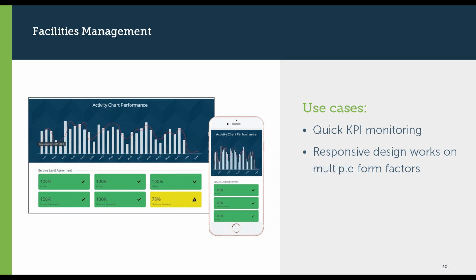But with this one, we start realizing we have to take into account different types of devices. So we have desktop, tablet, mobile devices. We not only want the content to rearrange, but we also want it to resize. We also want it to be able to rearrange based on the real estate available. And we want to make sure that as we build out things like KPIs, metrics, or charts, this is something that you can use on a cell phone.